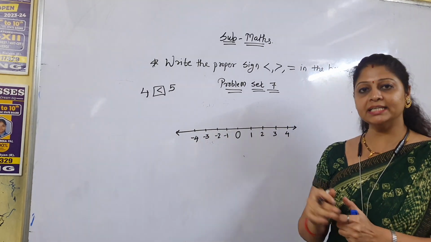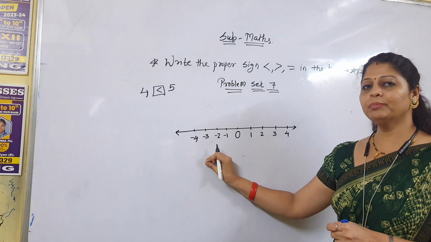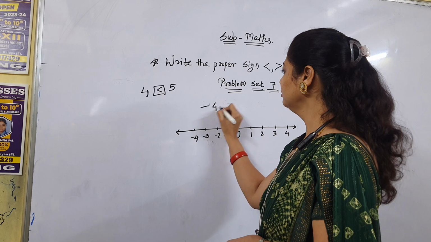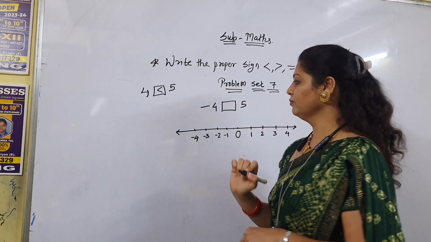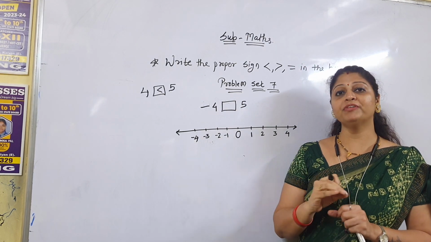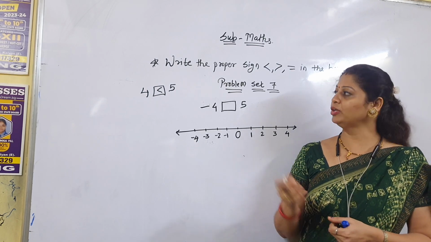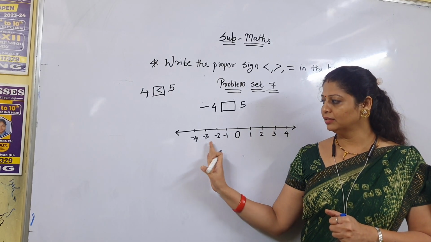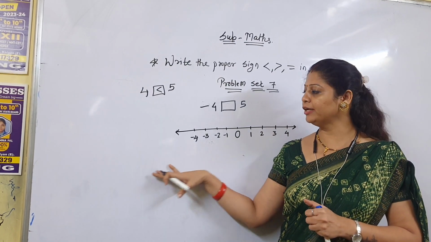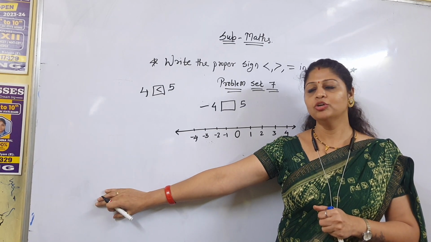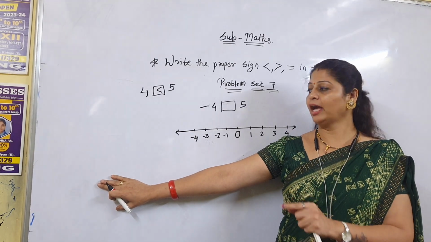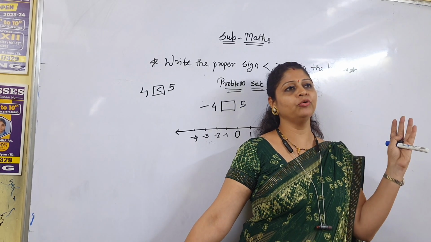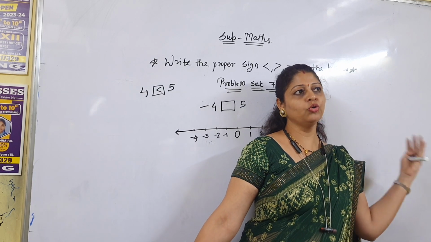But when we solve integers, positive numbers are also there and negative numbers are also there. For example, see -4 and 5. So always remember, when we use such a sign to compare numbers, pay attention that numbers lying on the left-hand side, those having a negative sign, are always smaller. Got my point?